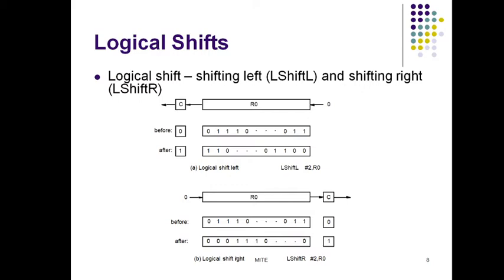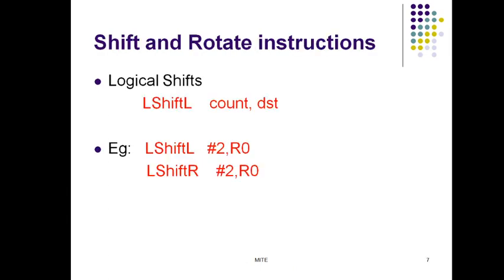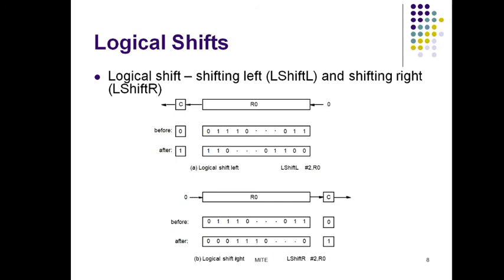So the logical shift right instruction LShiftR works in the same manner, except that it shifts to the right. Only difference is shift left will shift the bits towards left, LShiftR will shift the bits towards right. Both will perform the same operation. Okay, let us understand with this figure. As it is told, there is a carry flag. C indicates the carry flag. So the bits that are shifted will be stored in this, and then they will be discarded.